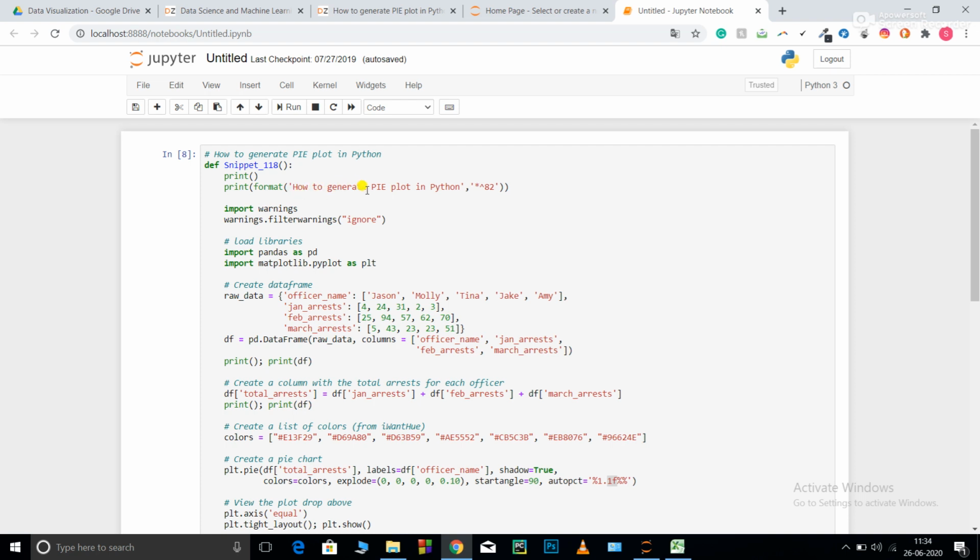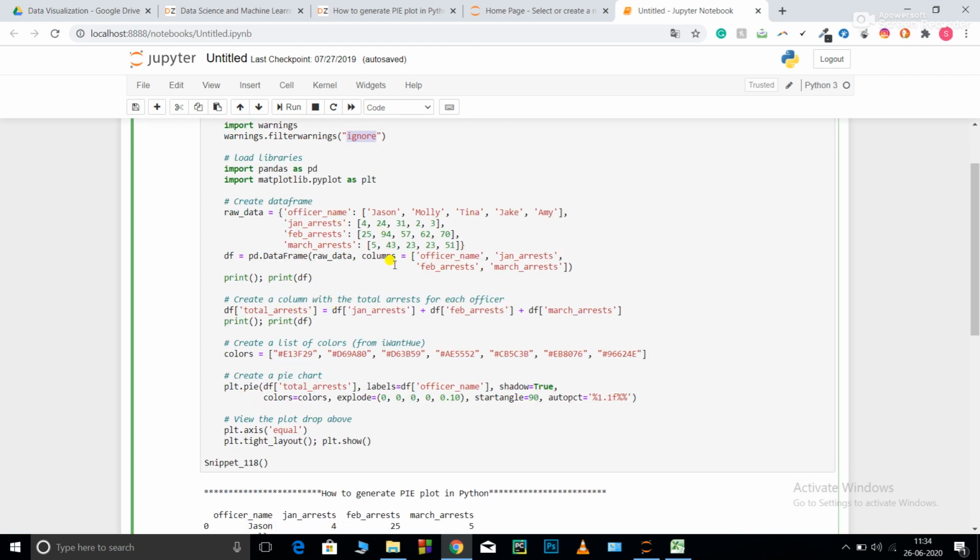Print format. These are two general print statements. Now from import warnings, I have imported warnings, then warnings dot filter warnings ignore. I've imported pandas as pd and imported matplotlib dot pyplot as plt. Now I'm creating a data dictionary. The data dictionary contains the officers' names and the number of arrests that they made in January, February, and March.